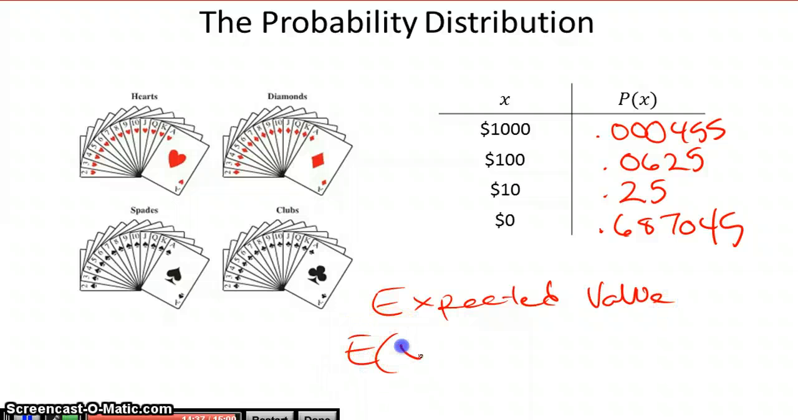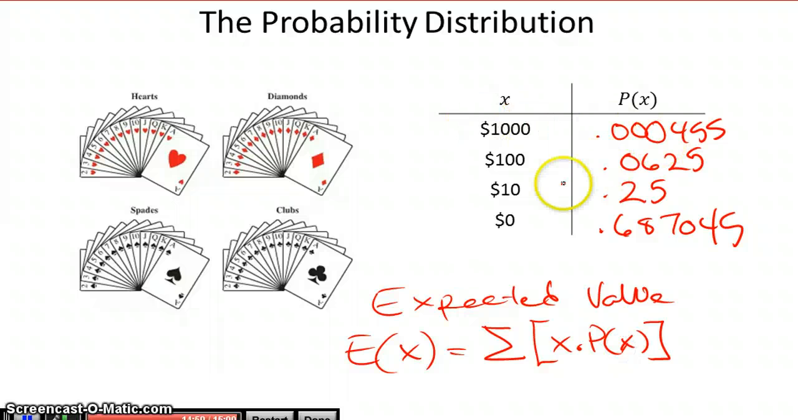But the expected value for our random variable x is just going to be found by taking the sum of the products of each outcome times its associated probability. So if I were to multiply each outcome times its associated probability and add them up, what I would find is this, that on average, my game is going to award